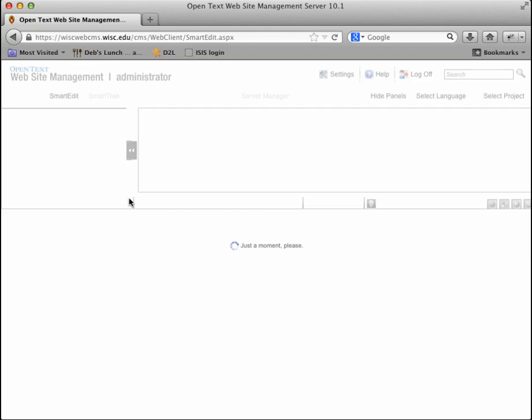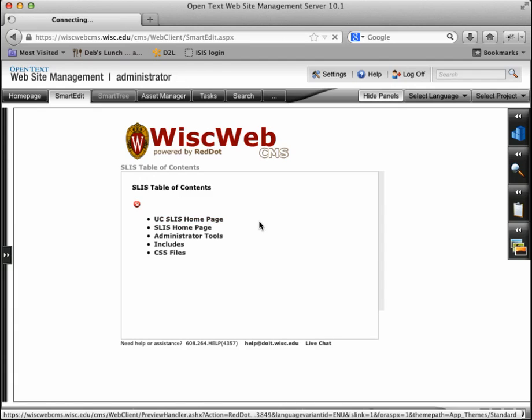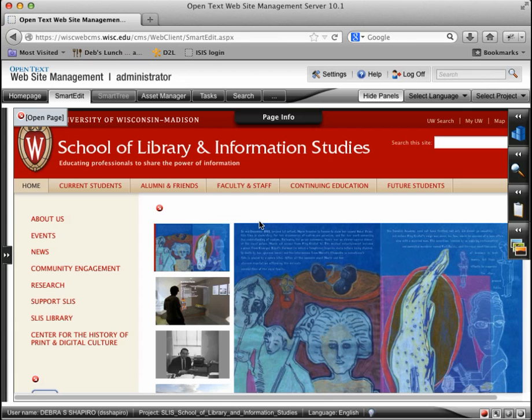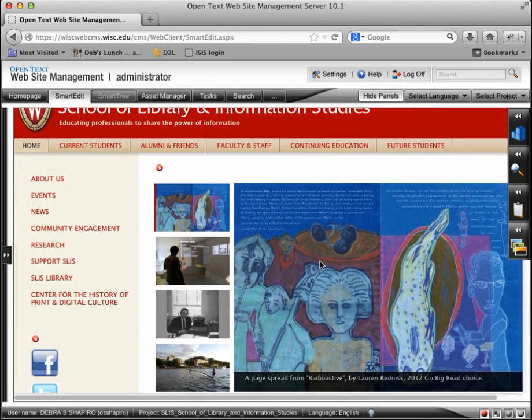And once you log in, you're taken to the beginning of the CMS, and what you want to select is the UC, University Communications Template, SLIS homepage. And you can see that now we're seeing the SLIS homepage. It looks pretty much the same as it did when we were looking at it on the open web, but